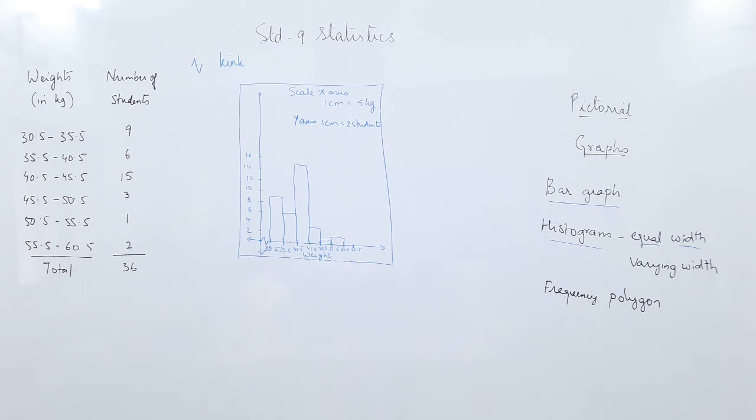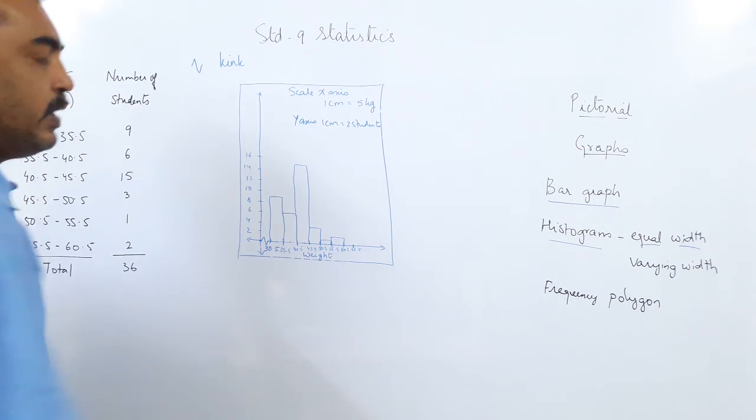So what have we seen here? The rectangles erected are proportional to the corresponding frequencies. If you see the height of the rectangle, it corresponds to the frequency. The lengths of the rectangles are proportional to the frequencies. We draw the length according to the frequency. So this is a histogram having equal width. Continuous data with equal width.